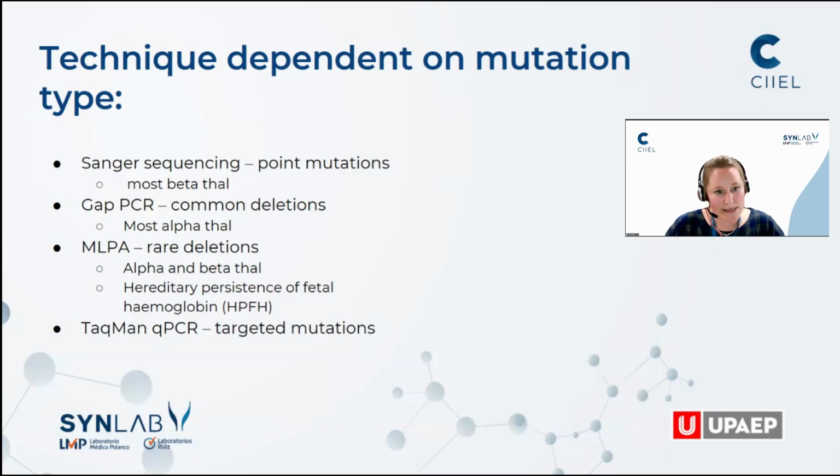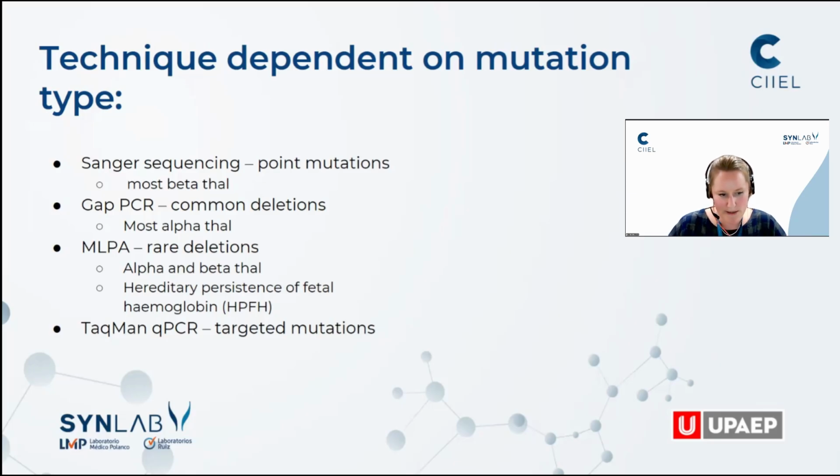So we use Sanger sequencing to detect point mutations, and this will pick up most beta thalassemia mutations. We use gap PCR to pick up common deletions, and this will pick up most of the alpha thalassemias. We then use MLPA, which is a method to detect copy number variants, so it assesses copy number across the alpha and beta cluster. So this will pick up rare deletions, and also an allelic condition called hereditary persistence of